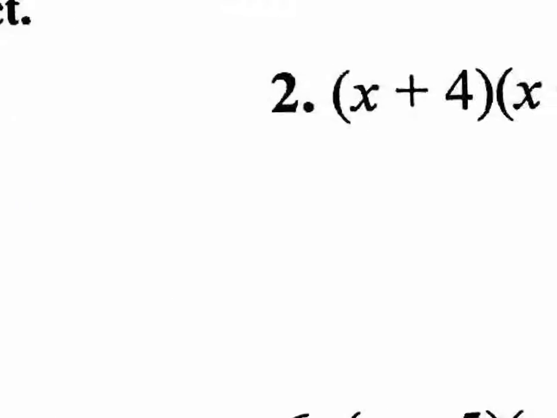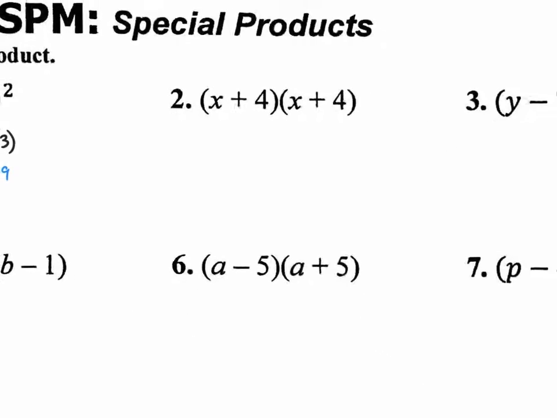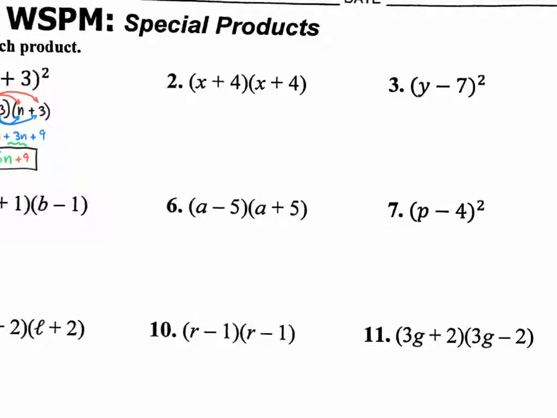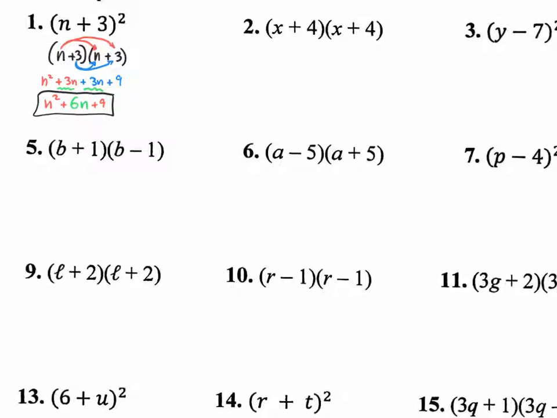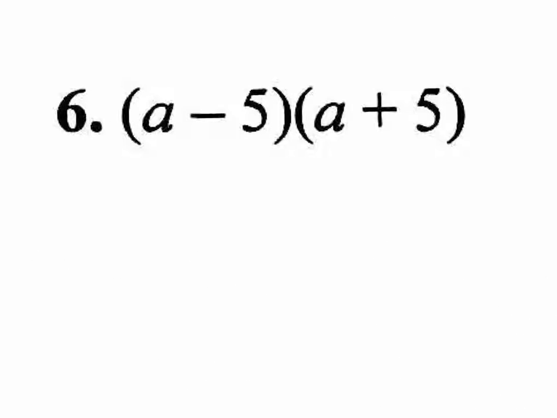Today, I just want you to practice with this worksheet. So we're going to jump around. Actually, you're going to do all of them, but on this example, I'm going to jump around. So if we go for like number 6 right here, again, we're going to distribute one term at a time. I want to take this a, and I'm going to distribute it to both terms. A times a is a squared. That's right. A times 5